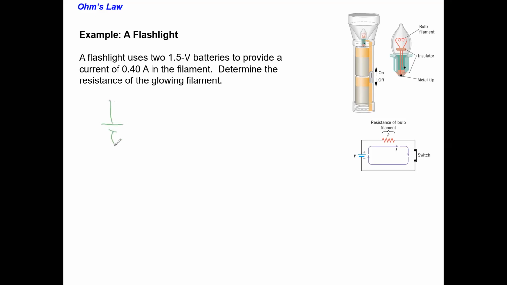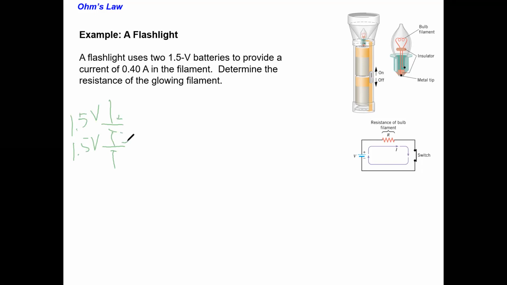There's one battery. There's another battery. Okay, and you notice how I've lined these two batteries up so that they're correctly oriented. In other words, their positive sides are both facing the same direction. If the positive sides weren't both facing the same direction, positive, negative, positive, negative, then the batteries would basically be